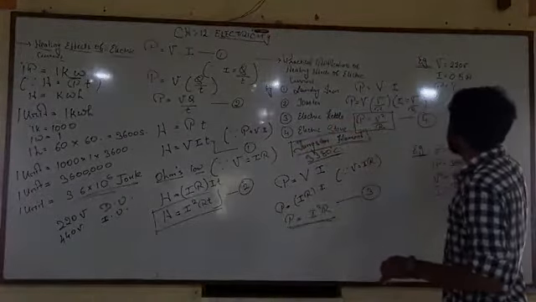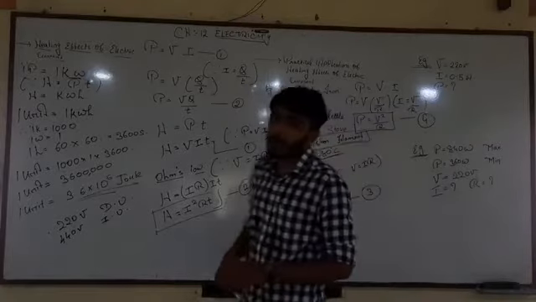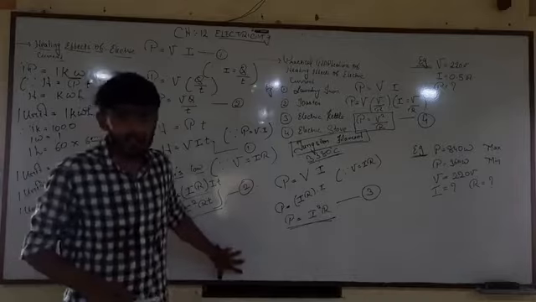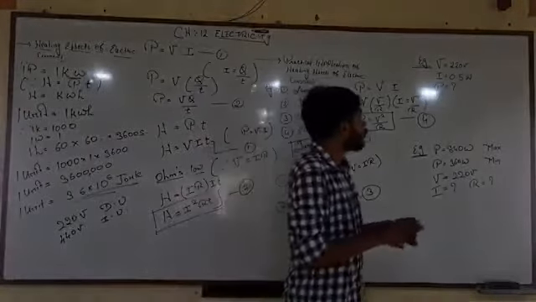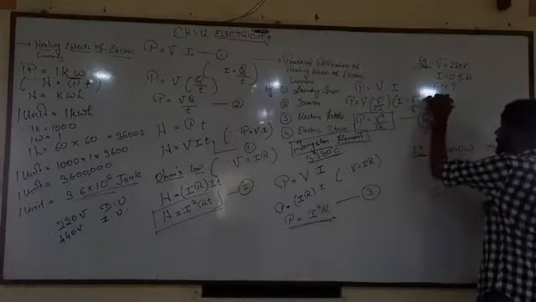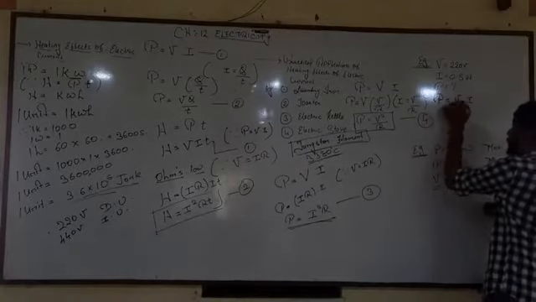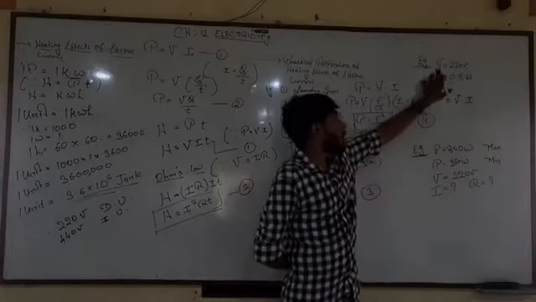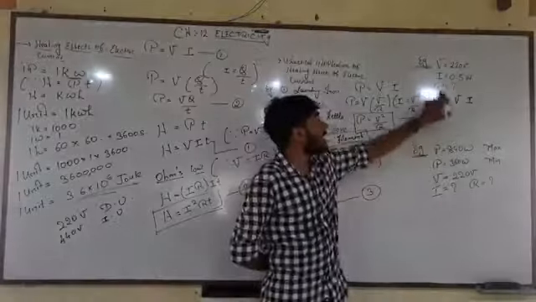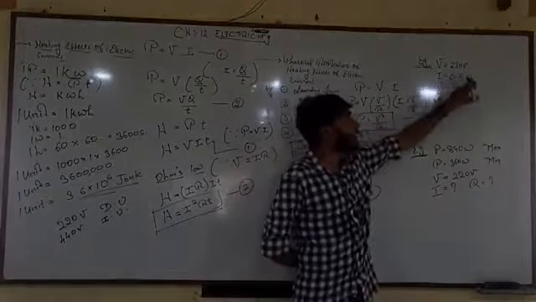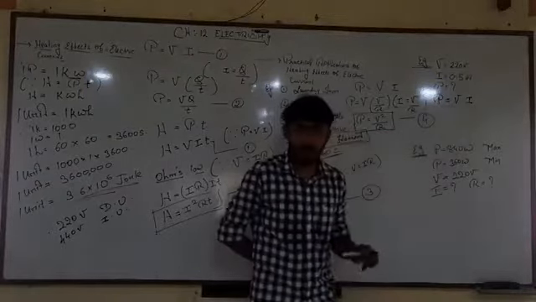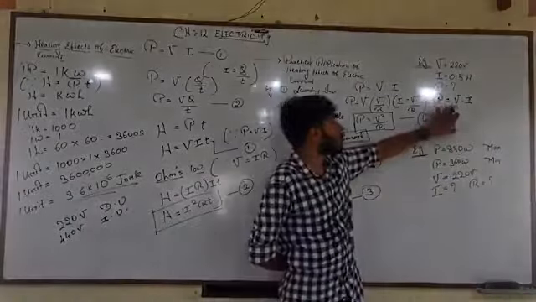One small sum we are going to solve so that you are clear with the power. Now friends, you know that the formula for power is P is equal to VI. Fine. So I can write over here P is equal to VI. What have they given us? Potential difference V is equal to 220 volts. Electric current I is equal to 0.5 ampere. So P is equal to V dot I.